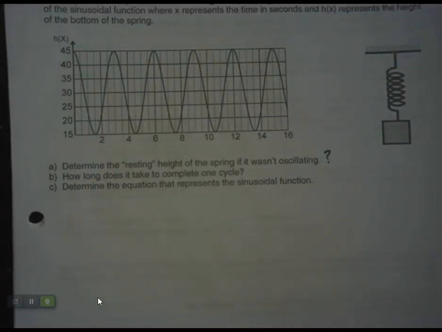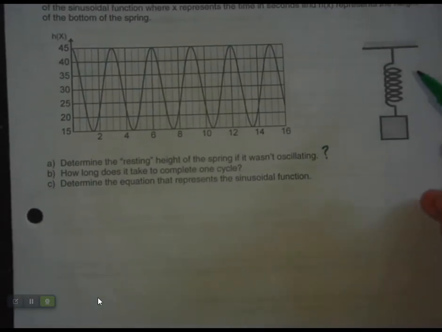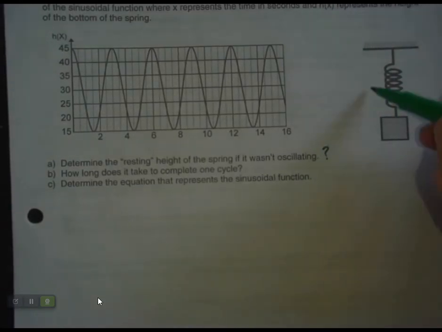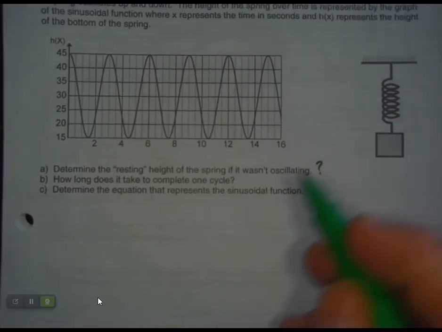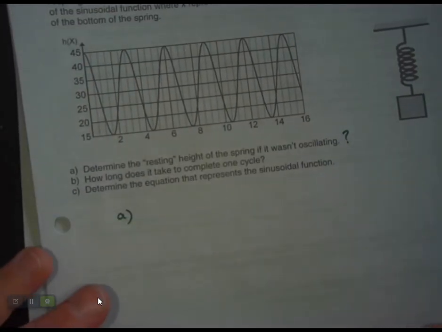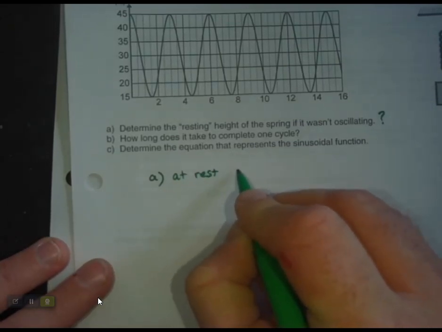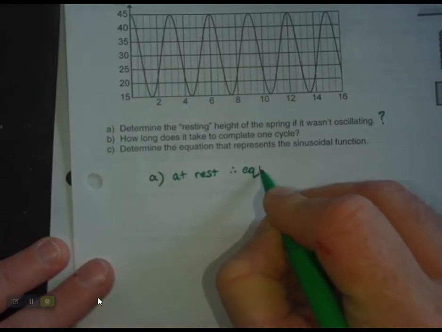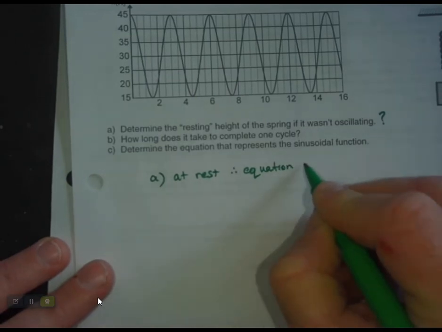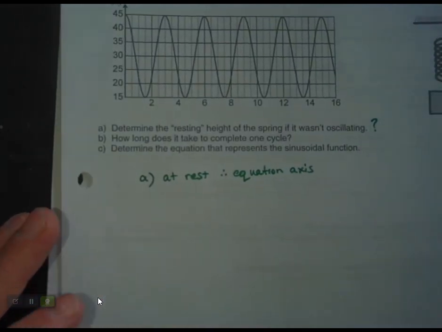Interesting. So if I was looking at this grid, if this is not moving, it's at rest. So technically at rest, that's going to be my equation of axis. So I have to look at my